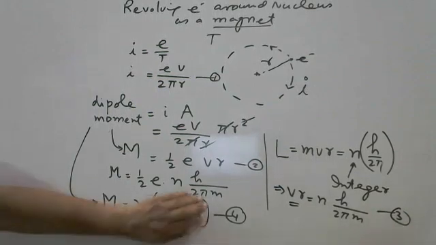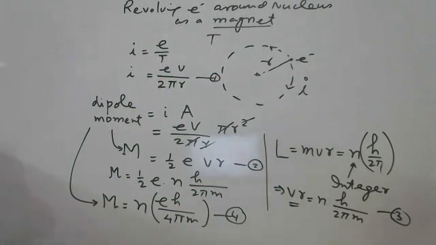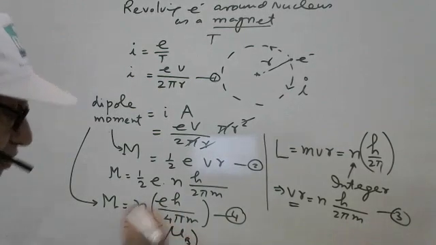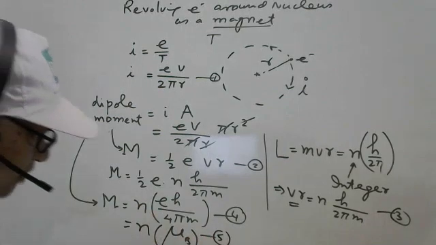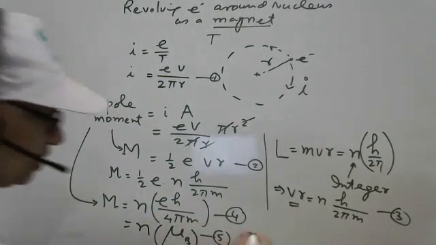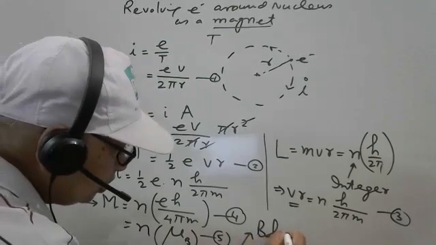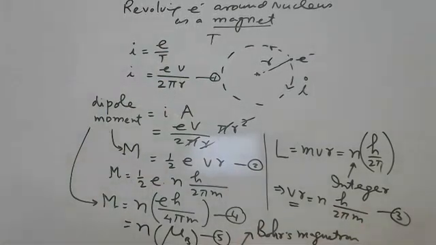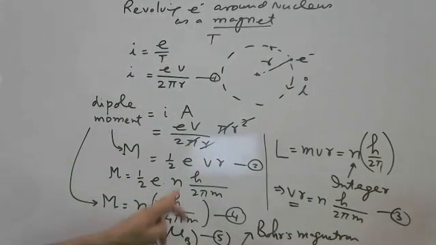As per the suggestion given by Bohr, this quantity inside the bracket is also a constant quantity. It is called mu b, the Bohr magneton. The name given here is mu b, Bohr's magneton, and this is a constant quantity. Putting the value of e, h, 4 pi, and the mass of the electron, everything is constant. We get 0.9 into 10 to the power minus 24. This is the value here.